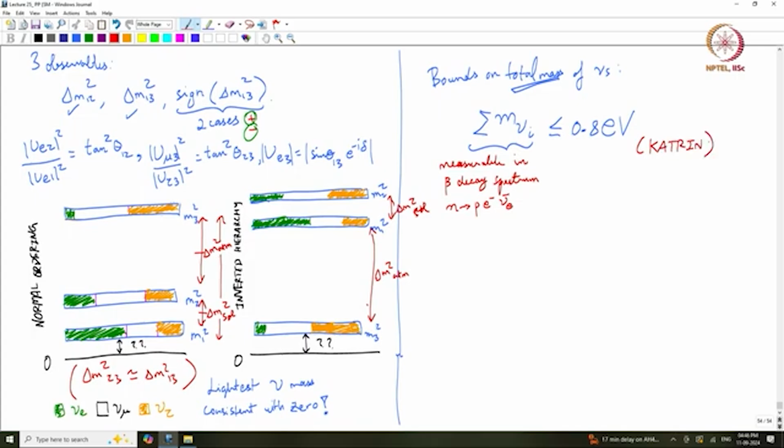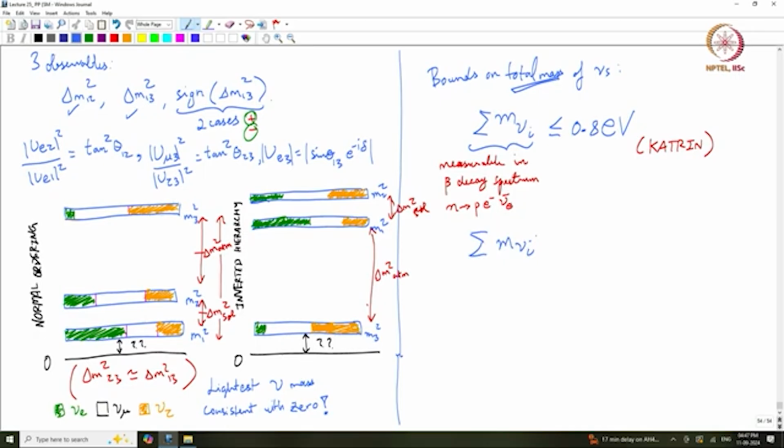So, if you Google Catherine, you will see some very interesting pictures of the detector of this experiment being carried through some villages in Germany and all that, okay. They had a hard time putting it on a truck and taking it to the dedicated experimental site, but that was the experiment that set this bound. This may not be the most up to date value that I am quoting, but you know the order of magnitude stands, okay. Now, an even more stringent bound